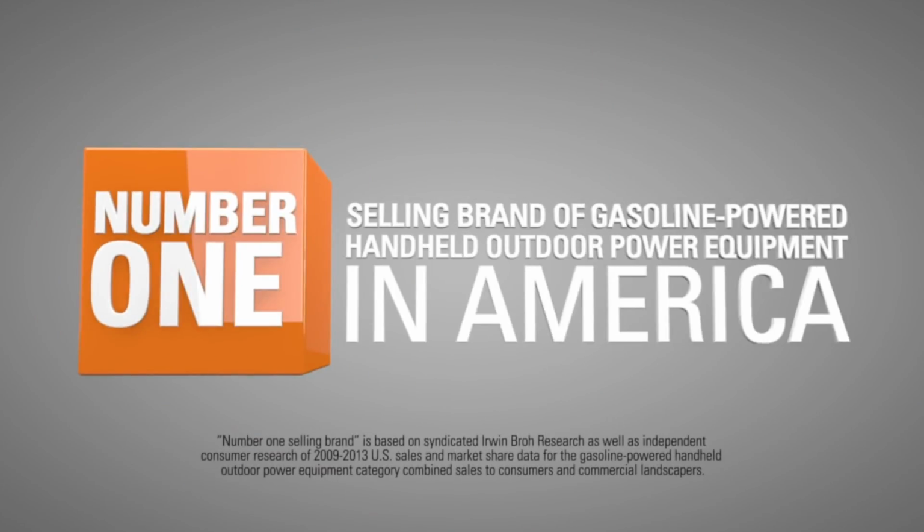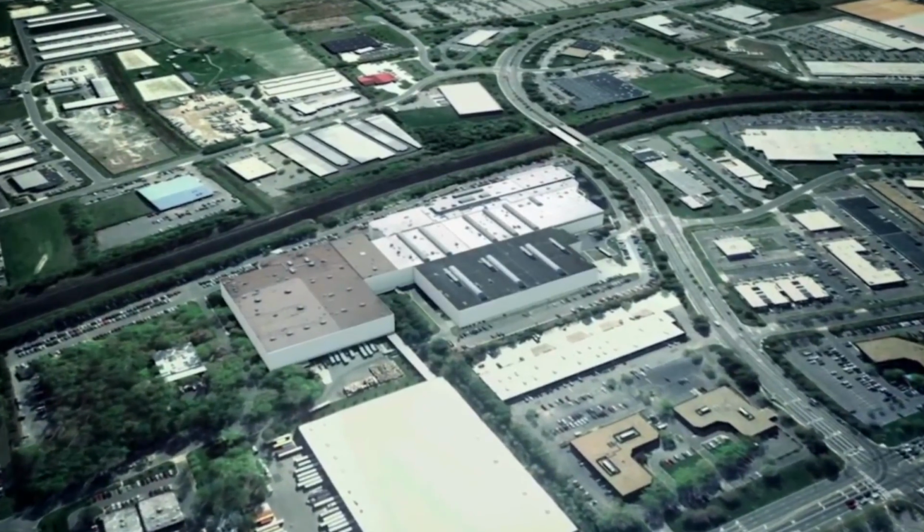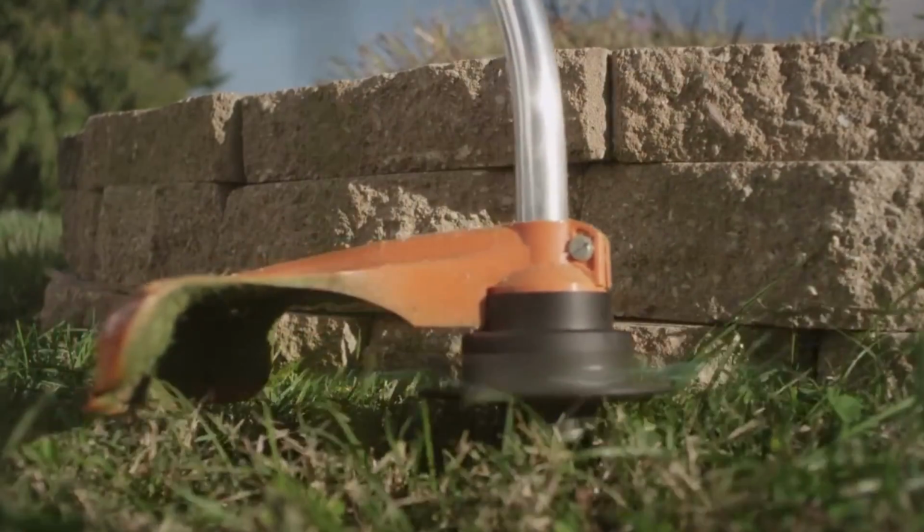This is Stihl, the #1 selling brand of gasoline-powered handheld outdoor power equipment in America. And this is Stihl Incorporated, where almost all Stihl brand trimmer line is produced, from raw materials to final packaging. Here,